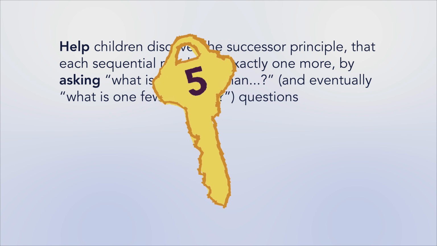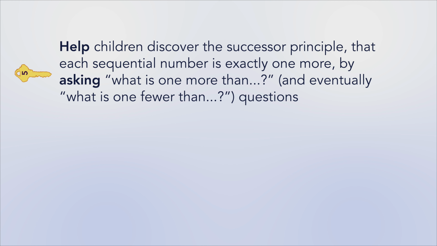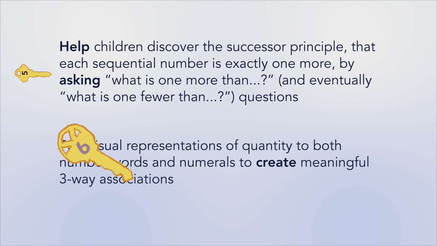Help children discover the successor principle, that each sequential number is exactly one more, by asking, "What is one more than?" and eventually, "What is one fewer than?" questions. And pair visual representations of quantity to both number words and numerals to create meaningful three-way associations. Let's join a classroom as they engage in this activity, and then listen in as the teacher reflects with a